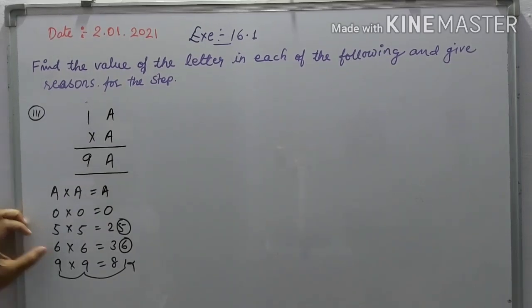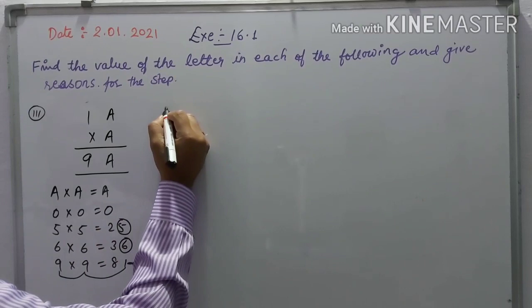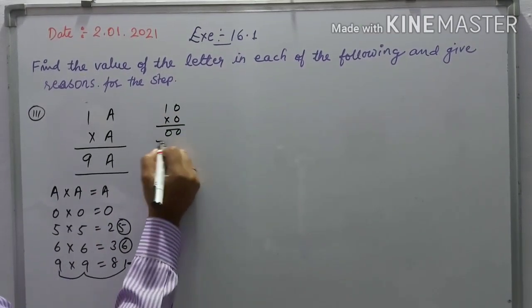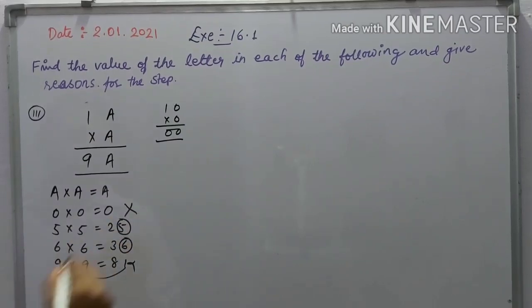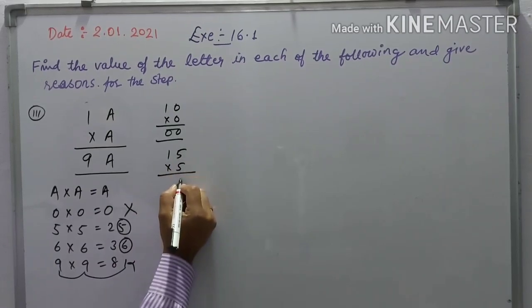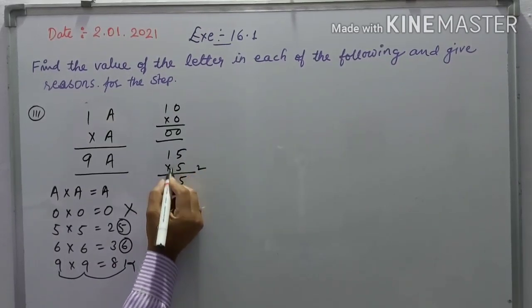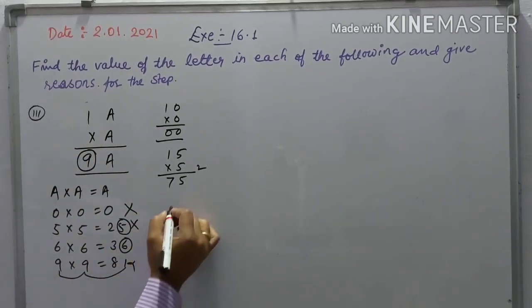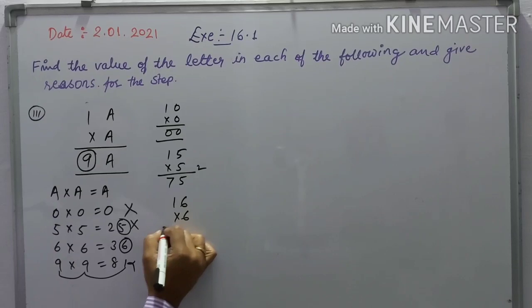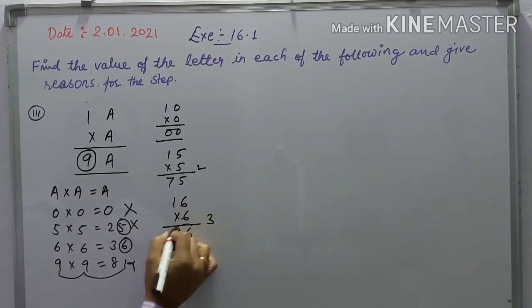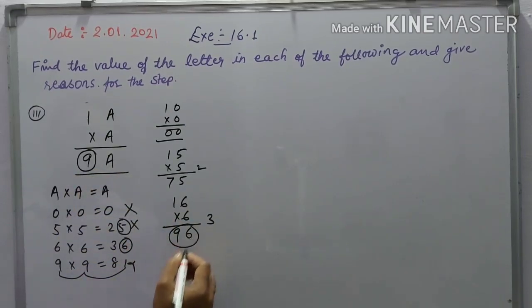Suppose you put the 0, so that 1 0 into 0 upon 0 0. So this, the first number is cancelled. Second number 5, 1 5 into 5, 5 5 is 25, 2 carry, 5 5 is 1 and 7, but here is a 9, so 25 is cancelled. Suppose you have put the 6: 6 times 6 is 36, 3 carry, 6 1 is 6 and 3 is 9, so that 96 is come. It means that the value of A is equal to 6.